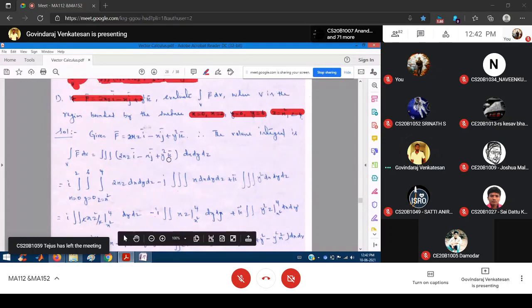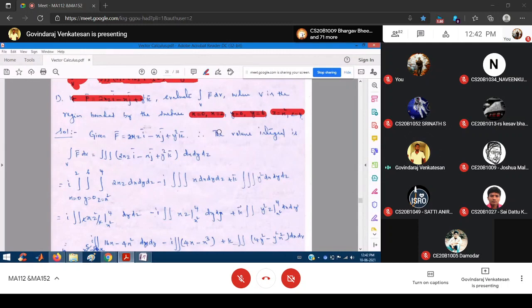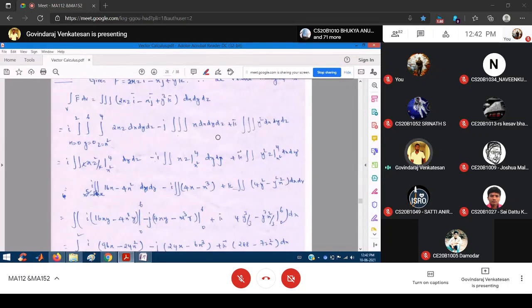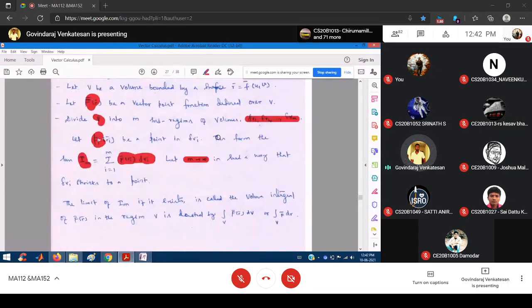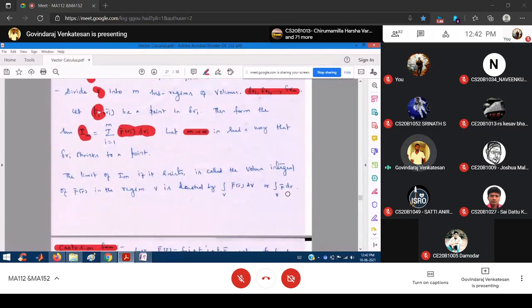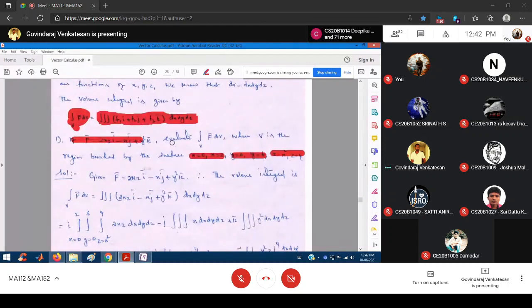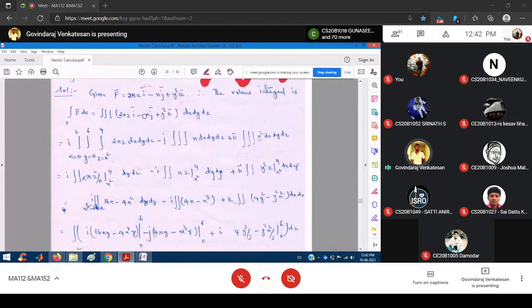Okay. So any doubts in this problem? Just to go through the volume integral, it's very easy, very similar to the surface integral. You form the integral, that is, the integral over V of f vector into dV. The question is to evaluate the integral over V of f vector into dV, where the volume is bounded by the given surfaces. The x value is given, the y value is given, and the z value is given. Put everything in and do the integration. That's all.